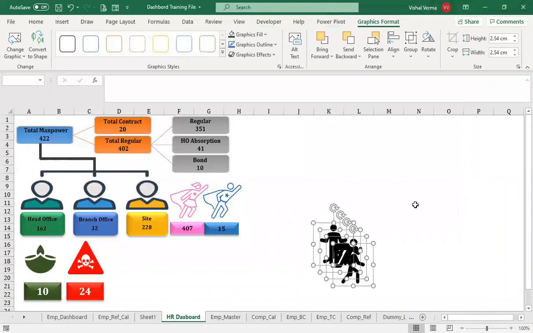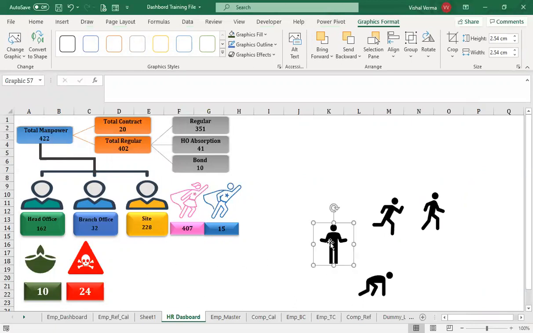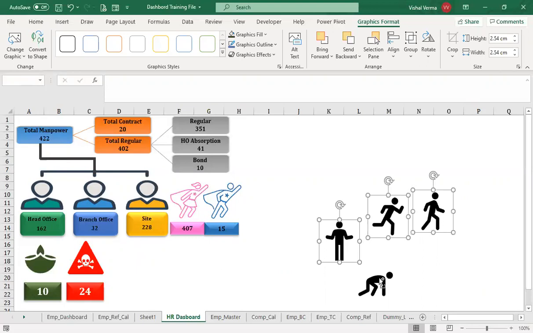So let's see, we have all four. Let's color it in increasing order, keep them of the same size, and let's just decrease the size here.